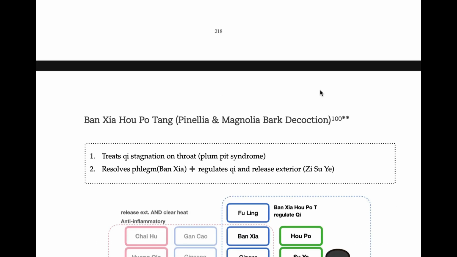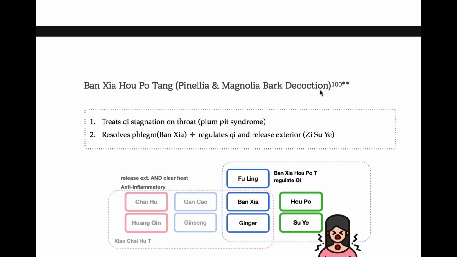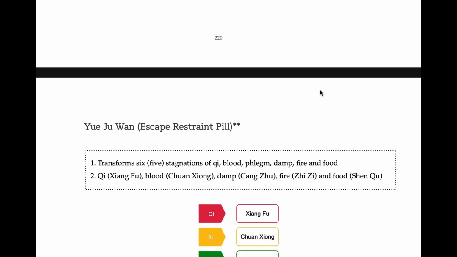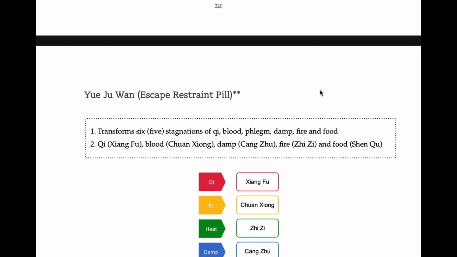And regulating qi formulas. Banshaopotang, what is the keyword? Plump it. Remember that one. Plump it, and it treats phlegm. And Yuchuan. The question with Yuchuan can be tricky because in the board examination, there are several questions about Yuchuan in the question book I saw. They usually ask you all those different signs, so if you find all those signs, pick the Yuchuan. It is not that common.